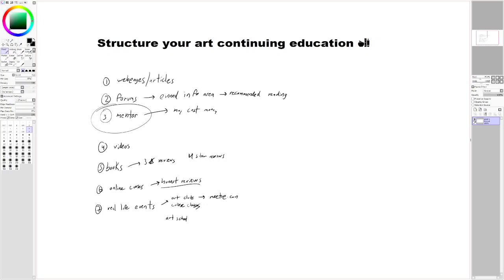Art schools are filled with a lot of teachers, but you have to be cautious: an art school is not going to be a mentor, because when I think of a mentor, I think of one person at one time. And in art school and school in general, very rarely does one teacher have time to dedicate to one student. It's just a factor of money. A lot of teachers don't get paid that much, so they have to teach a bunch of students at once.